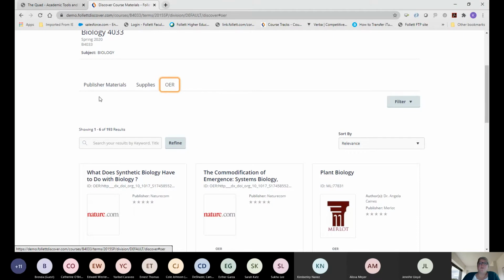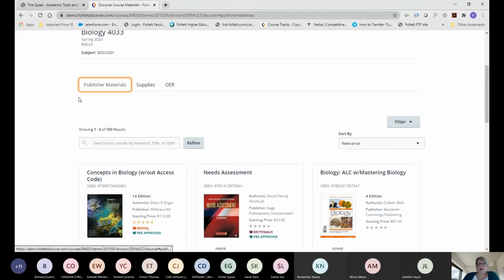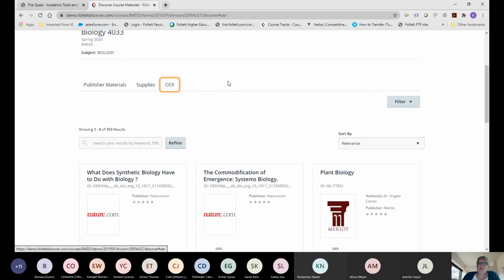So the way that we have our search results broken out is by traditional publisher content. We also have supplies, so things like goggles and aprons and knife kits, as well as many other supplies that can be searched and adopted. And then we have our Open Educational Resource Content tab, or OER tab, and that provides all results related to